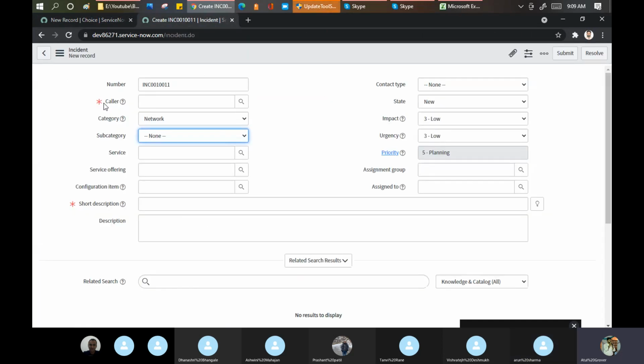And third thing, go to the incident table, not the incident form, and check these two fields, how these fields are working for us. When I select network, why are only these things coming? When I select inquiry, these things are coming.